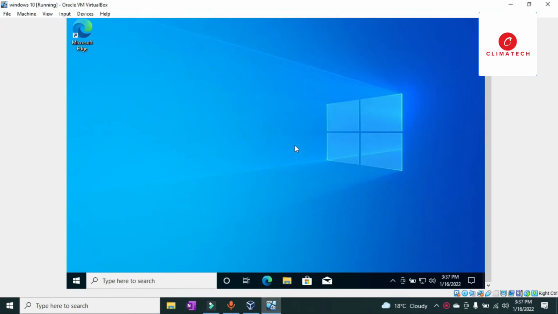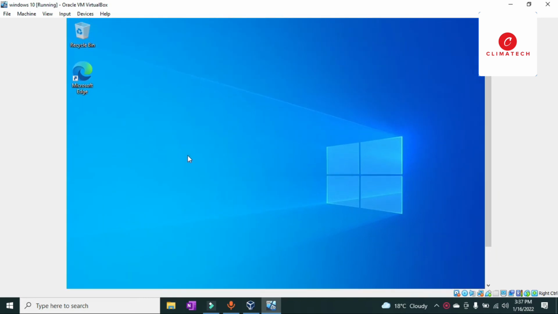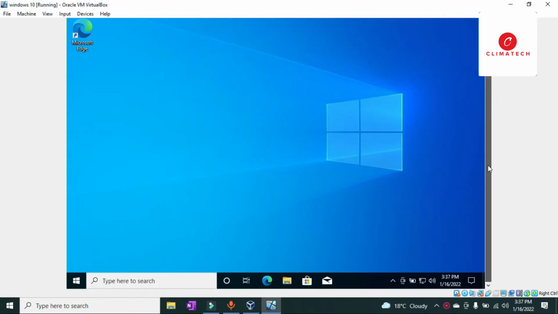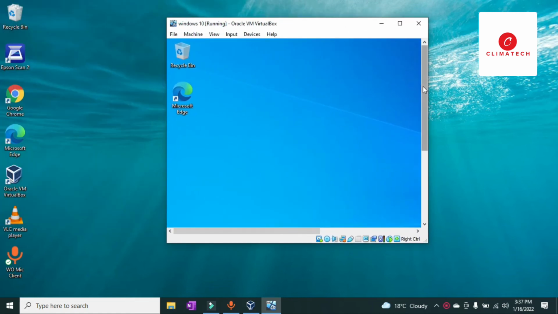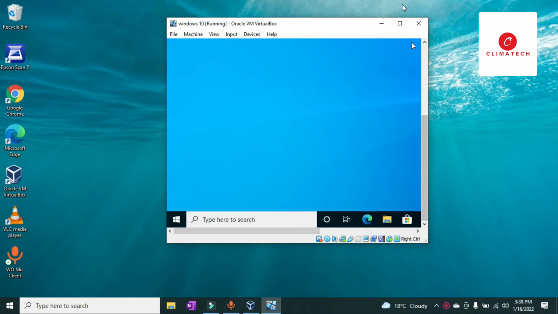Yes, of course, as you can see, I managed to install Windows 10 on my VirtualBox now, but there is still a small problem that we're going to fix. The problem that I'm talking about is, as you can see, when I click on the maximize button, this window will not resize according to the size of the host. So to fix this problem,